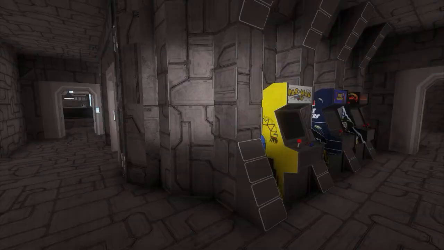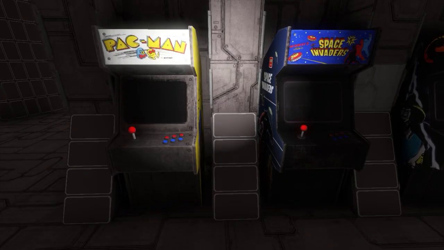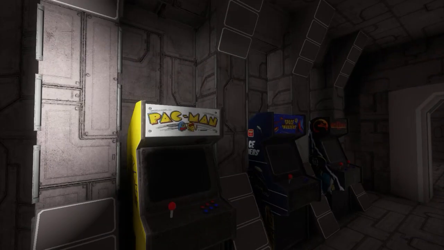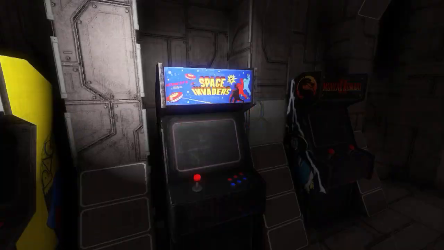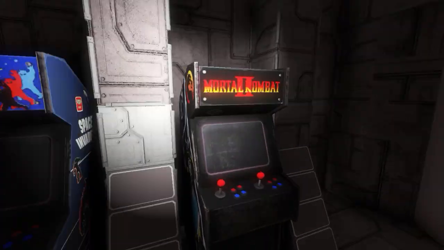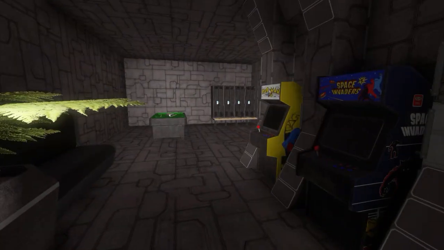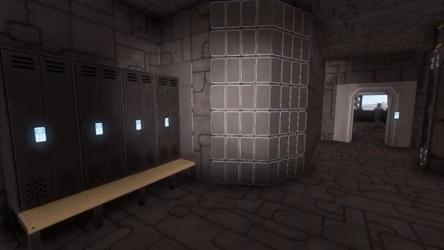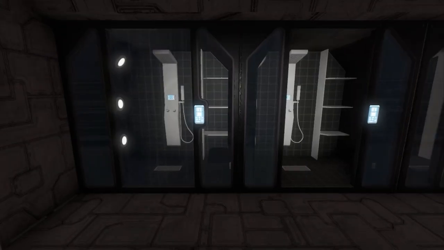And some arcade machines. What in the hell? We got some Pac-Man. These are some very nicely detailed arcade machines here. Space Invaders. That would be a classic for any Space Engineers player. And Mortal Kombat. You know, not really related to Space Engineers, but I'll play it regardless. A couple lockers right here. So yeah, really incredible. Just the amount of room packed into this